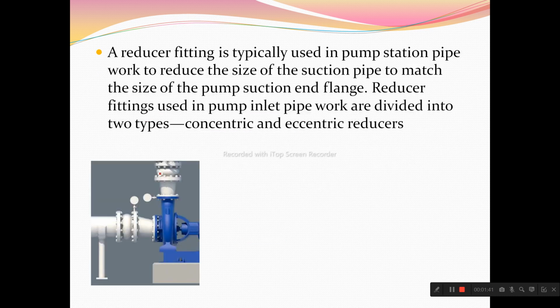Most of the reducers are used in pump station pipework, to reduce the size of the suction pipe to match the size of the pump suction flange. Reducer fittings used in pump inlet pipework are divided into two types, concentric and eccentric. Whatever the pump size is and whatever the line size is, we need to reduce the size to connect with the pump connection,